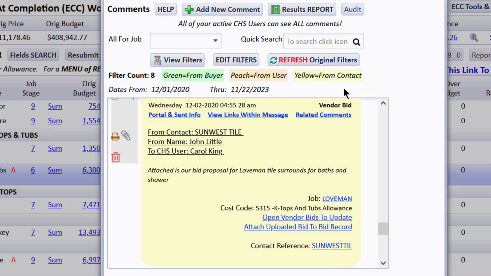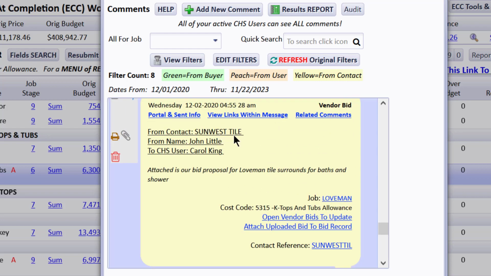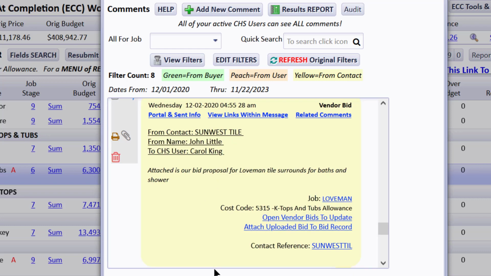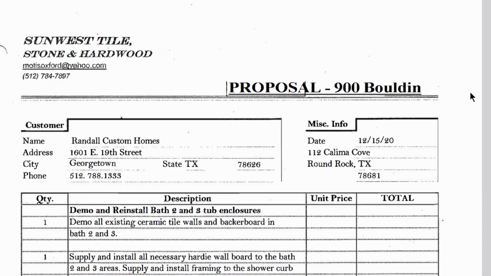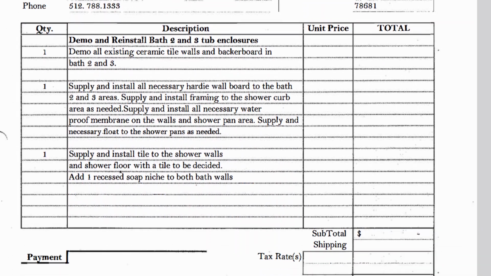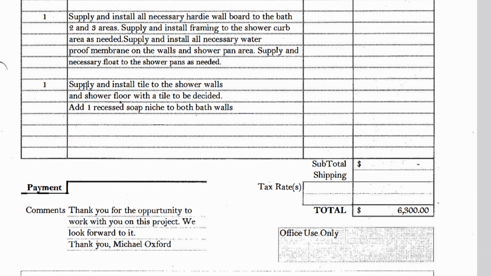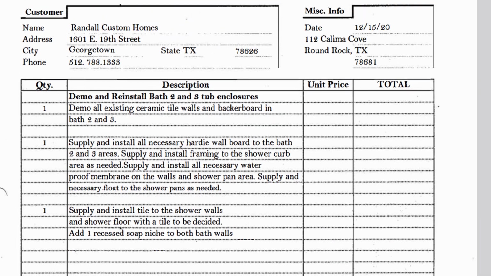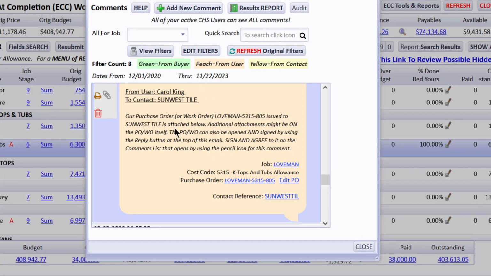And then this yellow from contact is from SunWest Tile sending us their bid. Now look how you can just see the bid. And here's their bid proposal. And I'd like you to focus in on something about supply and install tile to shower walls, and that the total is $6,300. And let's see that we issued a purchase order and sent it to SunWest Tile based on